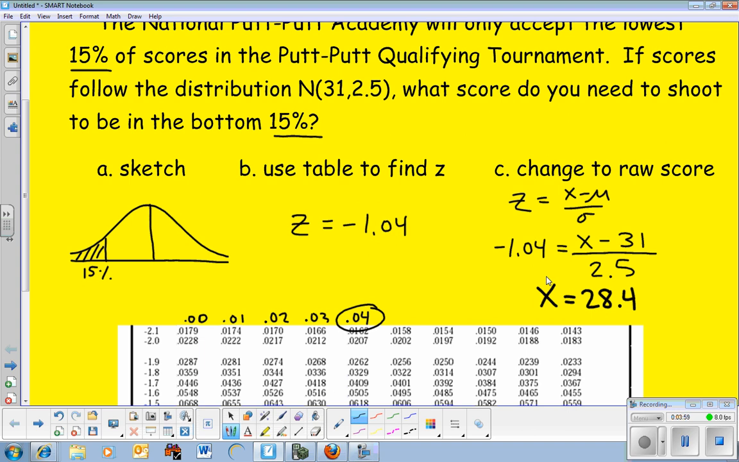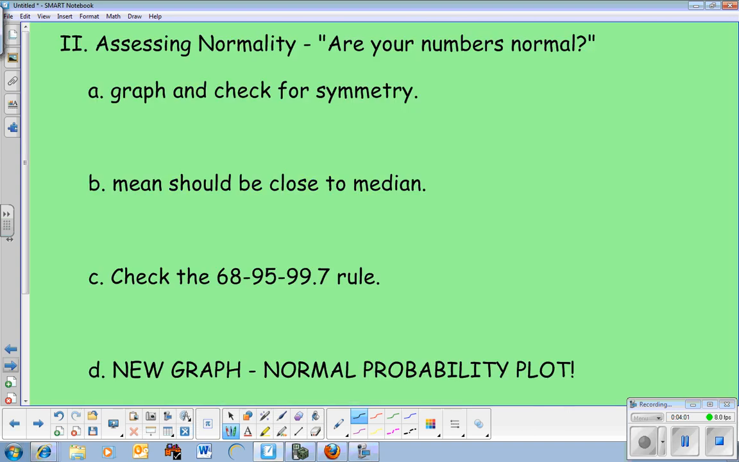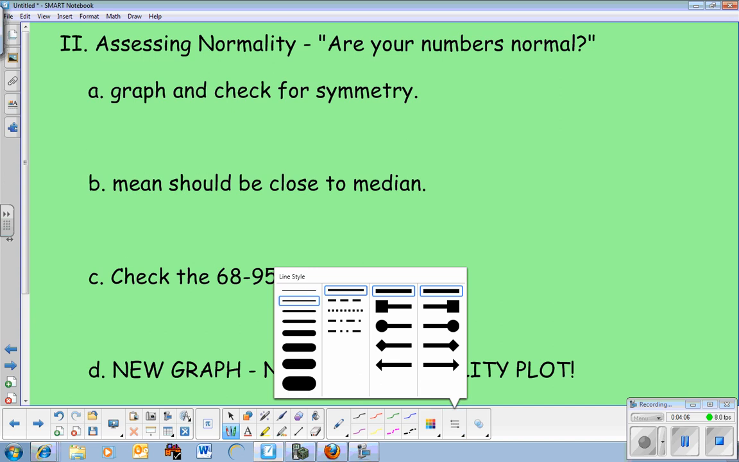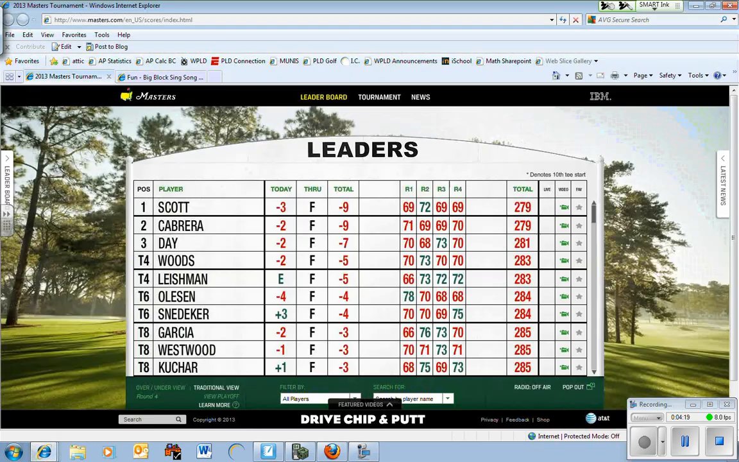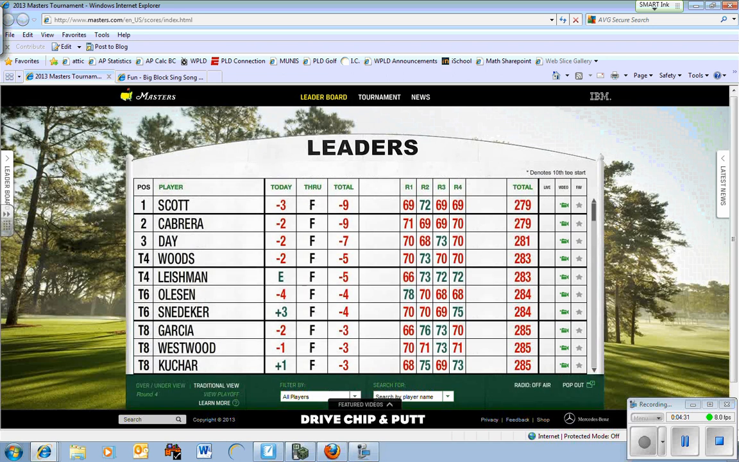Next, the other topic we need to get into while we wrap up this chapter is called assessing normality. Basically, I'm going to give you a set of data, and you're going to tell me, is it normal? Could it be taken from a normal population? So I'm going to use this set of data. We're going to stick with the golf theme. We had putt-putt, now we have golf. This is the 2013 Masters, perhaps the biggest golf tournament in the world. And these are the scores